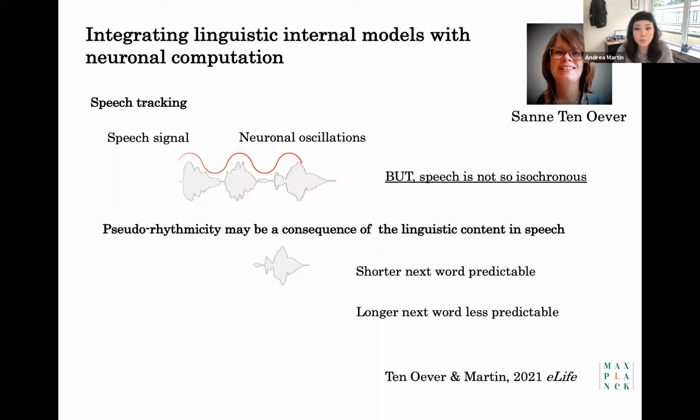And to do this, we correlated word-to-word onset differences with predictability of the word in the context as estimated by an RNN. And we found a negative relationship. So that means that words are shorter when the next word is predictable, but longer when the next word is